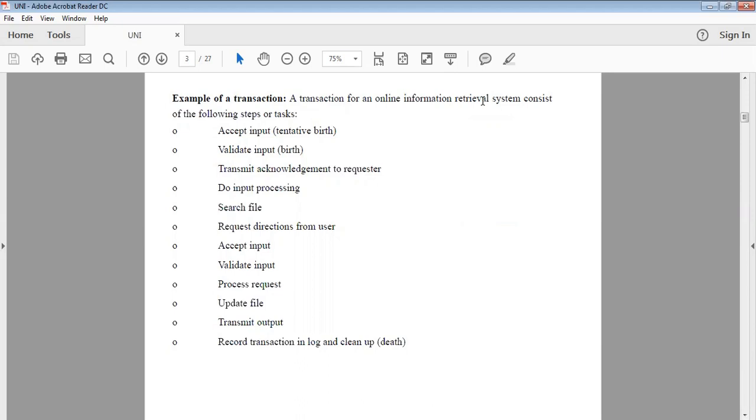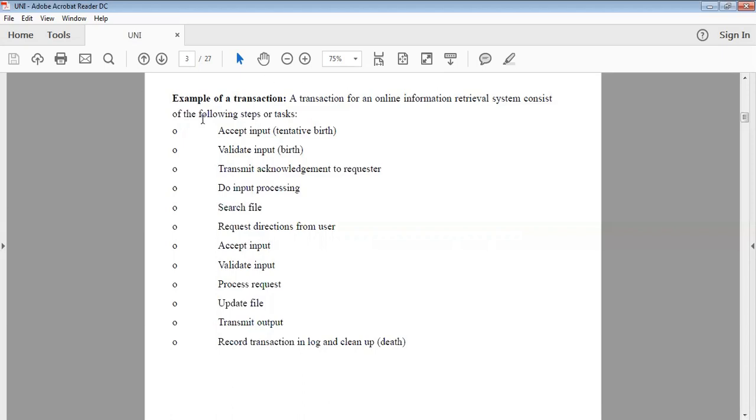When you are doing a retrieving process from the online database, first the user will send a request to the system. After the request is sent, processing is done through different operations, and finally the result will be sent to the user. This is a single transaction. When performing a single transaction, obviously multiple operations will be performed.